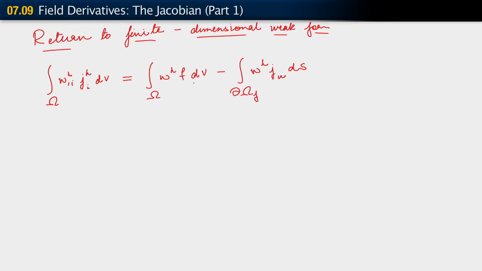Of course, we already have over this our partition into element subdomains. What that allows us to do, recalling that partition, which is that omega is the union over e of omega e, is that the above integral equation gives us the ability to write it out as a sum over the element subdomains. So it's a sum over e, integral over omega e, of w^h comma i, j^h i dv